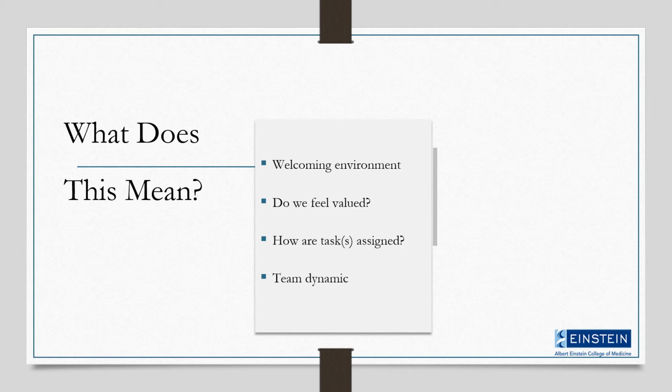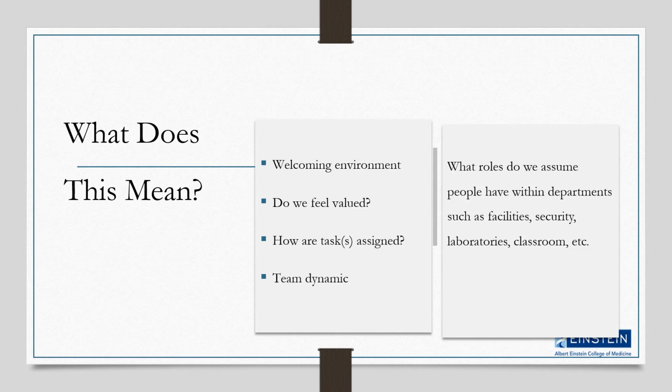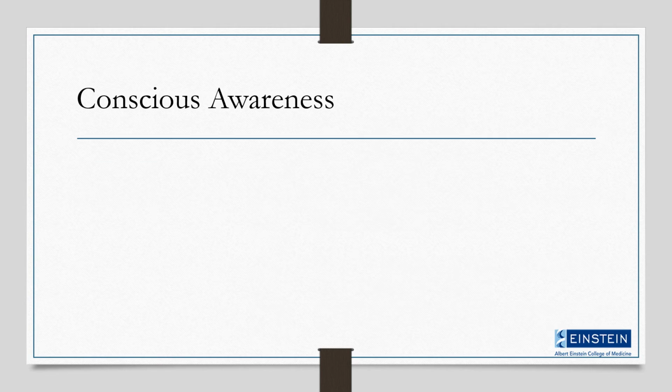It is important to be aware how unconscious bias can influence the roles we assume people have within departments, potentially causing confusion and inefficiency. Think about who you might see in facilities, security, the laboratories, and across teaching encounters, and how your assumptions might vary based on who is standing in front of you. Everyone wants to feel respected, included, and valued. We want Einstein to run effectively and efficiently. Therefore, we want to capitalize on people's good intentions.